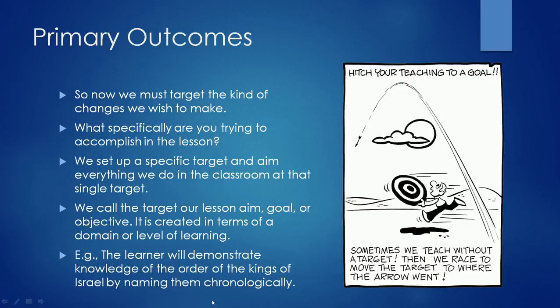Okay? Now, what I'm going to do right now is take you through a very, very quick survey of the cognitive and affective domains. We won't do psychomotor right now. I want to give you those levels of learning so you can be familiar at least with the titles of those. We'll go back and examine those in a little more detail later on. But I'm going to do this because I want you to know what those levels are, because your text presents its own version of those, and I want to be able to relate those back so you have an idea of where your text is coming from.